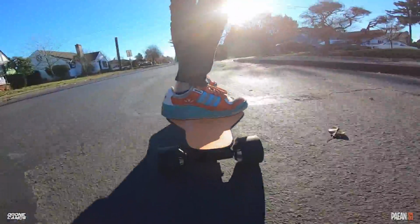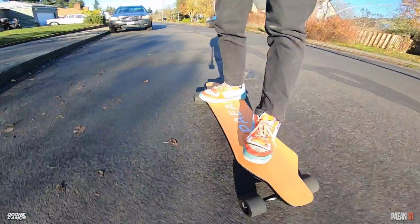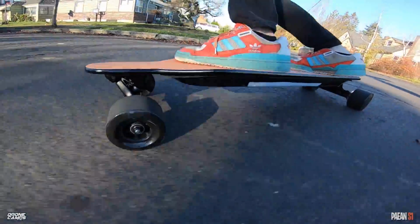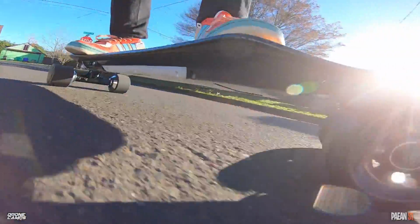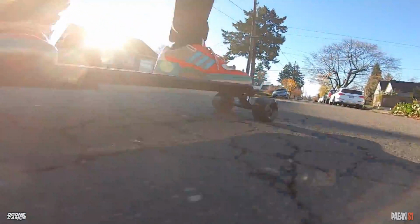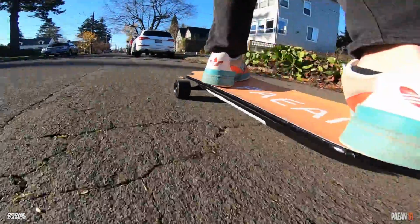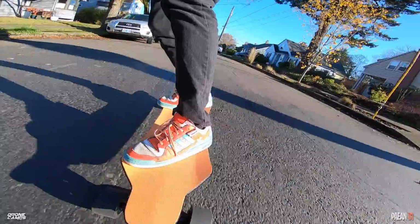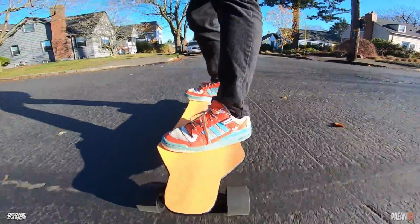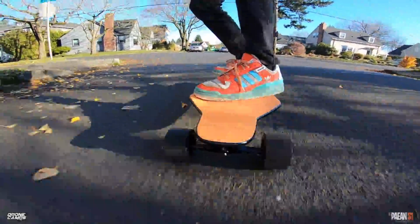Biggest thing on a lot of these boards is vibration. If you have a board with no risers on the trucks, you're gonna get a ton of vibration on your feet, and it really doesn't have a smooth ride at all. It's very jittery, but they've put one riser on this board. I think it could probably use two. If you order this board for the price they have it for on their website, pick up an extra set of risers and just add 2 layers of riser on this board, and you're gonna get a really nice smooth